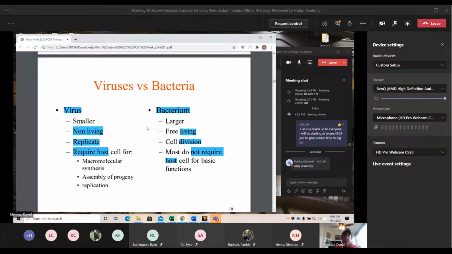A bacteria, on the other hand, is free living, which means it can do almost all of its normal metabolism without a host. There are some bacteria that do require hosts for basic functions, and these are referred to as obligate intracellular bacteria. He gives an example of those two. Make sure you know those two examples. I know it can be confusing, the difference between them for that aspect, but aside from those obligate intracellular bacteria, mainly concentrate on the large differences being non-living and living, and its use of the host.